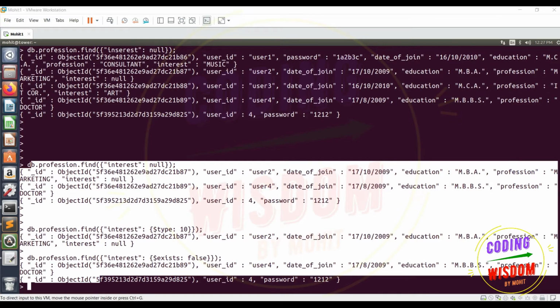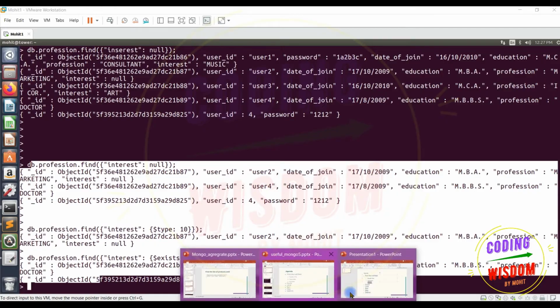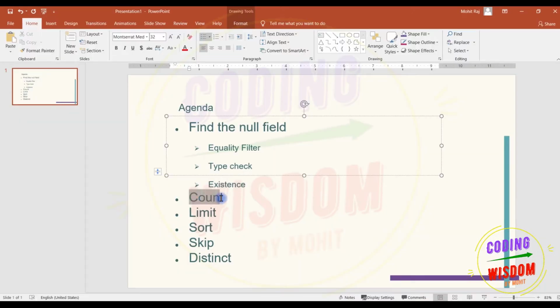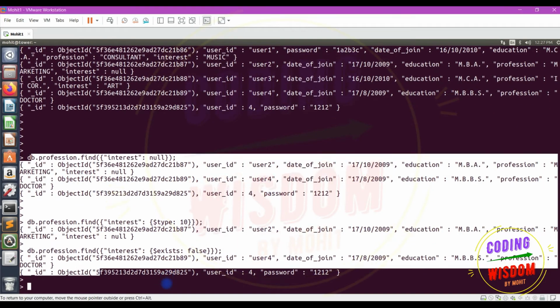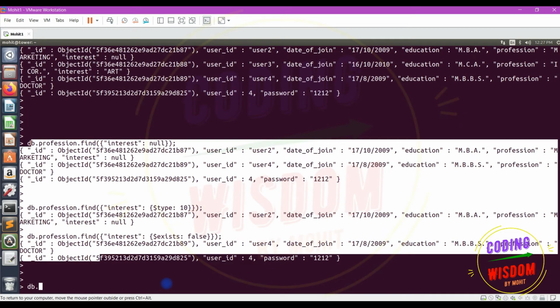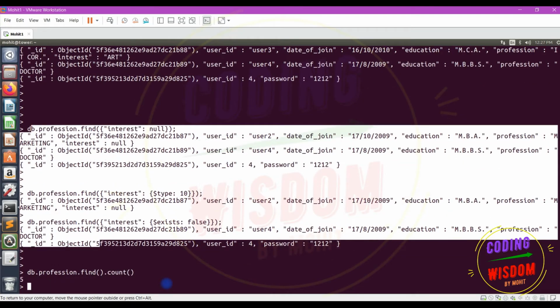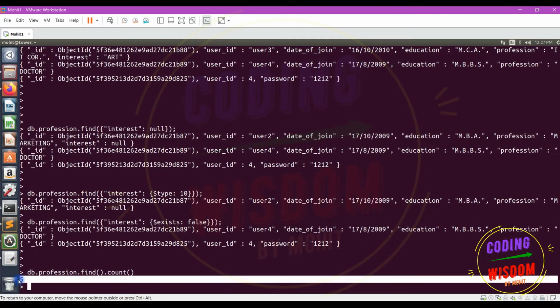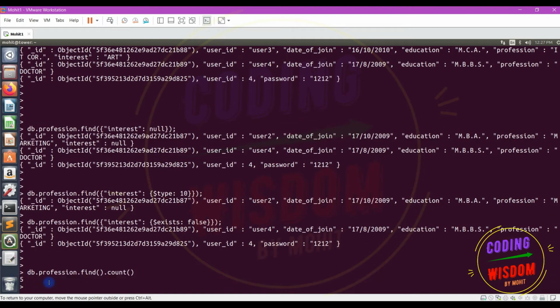Now let's proceed to the next one. Next is count. If you want to check the count of records, meaning you want to get an integer number, use db.profession.find.count. So I'm getting the 5 records. Consider I want to check where interest exists false.